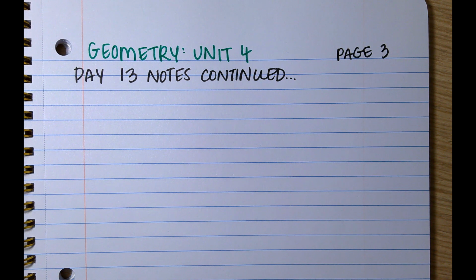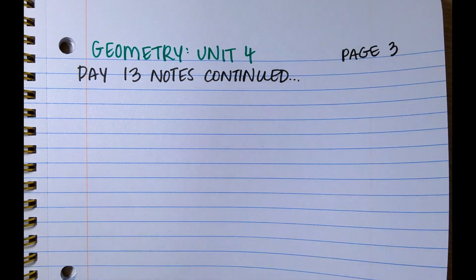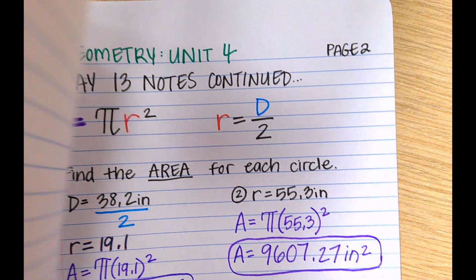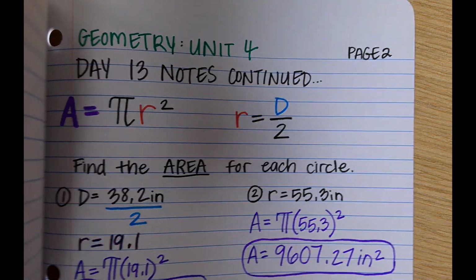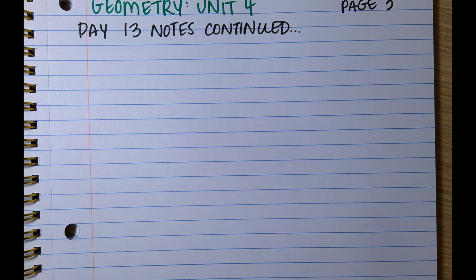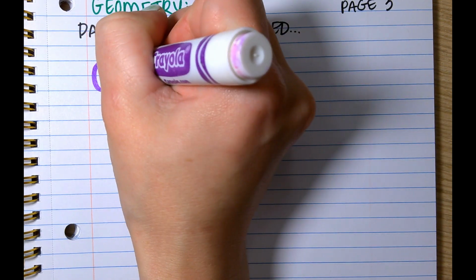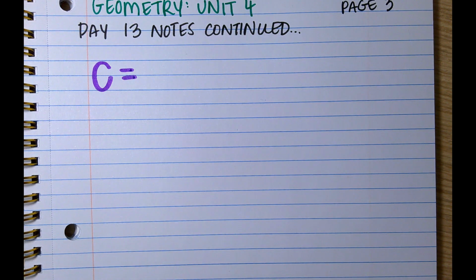Okay, so now we're going to do circumference, and on the last page I want to kind of format this similarly. A equals, okay, so we're going to write now C equals, now we're doing circumference,